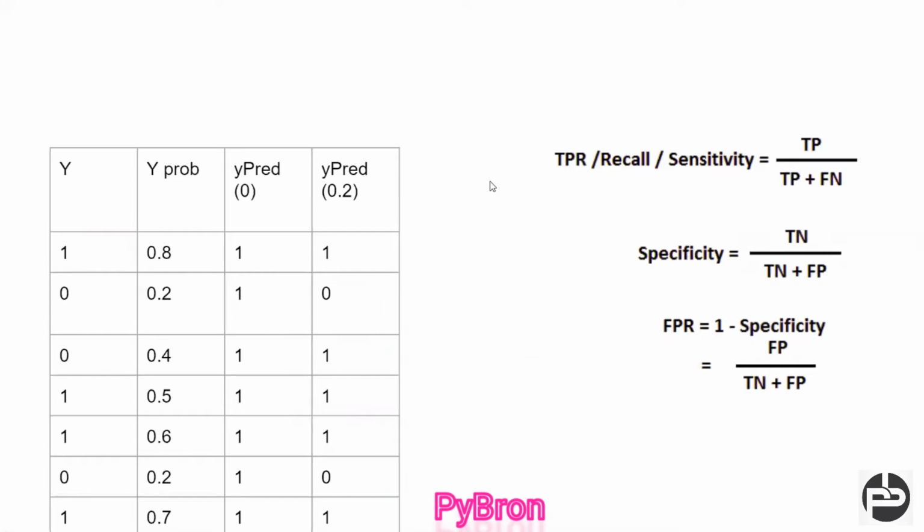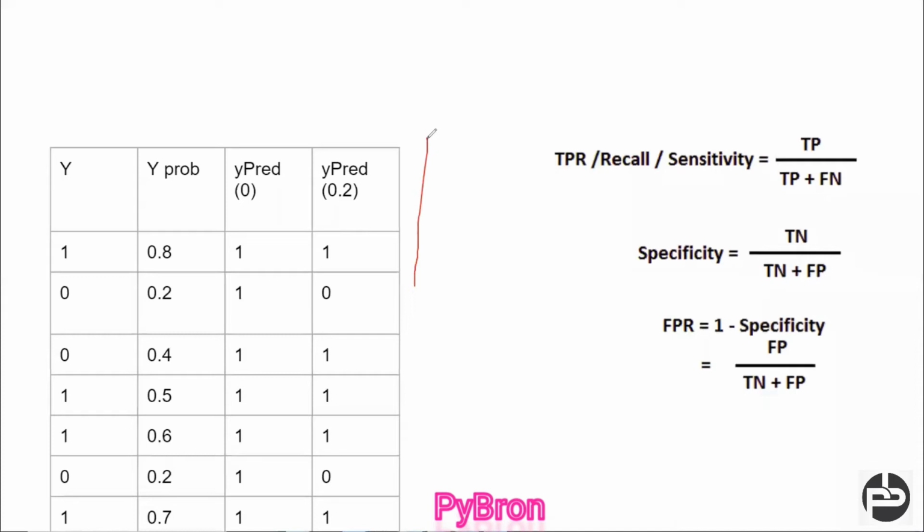Do you remember when I was discussing the sigmoid function? If you look at the sigmoid function graph, it looks like an S-shaped curve, and there we were setting a threshold value like 0.5. Any probability crossing this threshold, we mark it as a 1. Any value less than 0.5, we mark it as a 0. In this case, the threshold value we kept as 0.5.